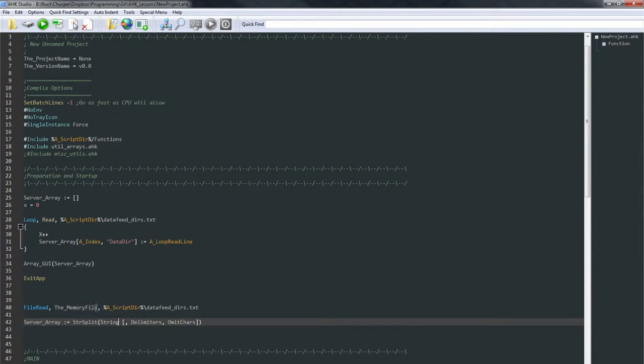The string is going to be the memory file, the entire thing, all of the text in there. And the delimiter is optional. The delimiter is basically what is in between each line. Well, the way we can define a new line in Notepad files, we're going to have problems if this,